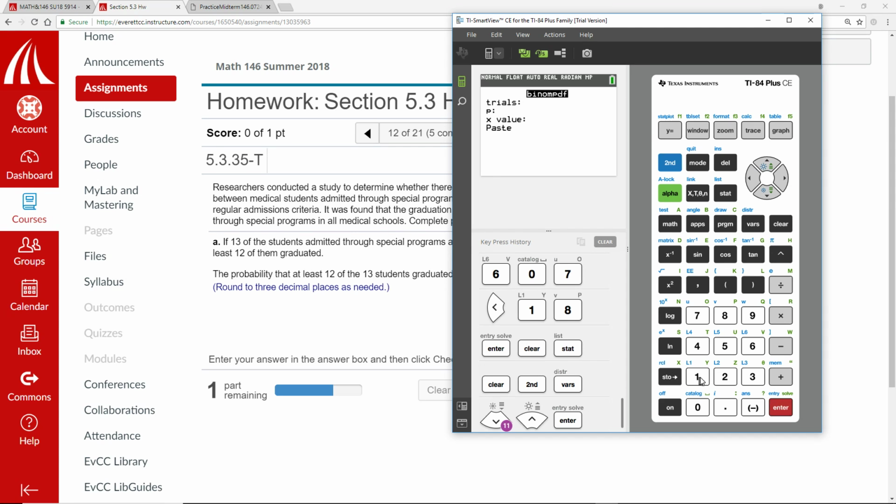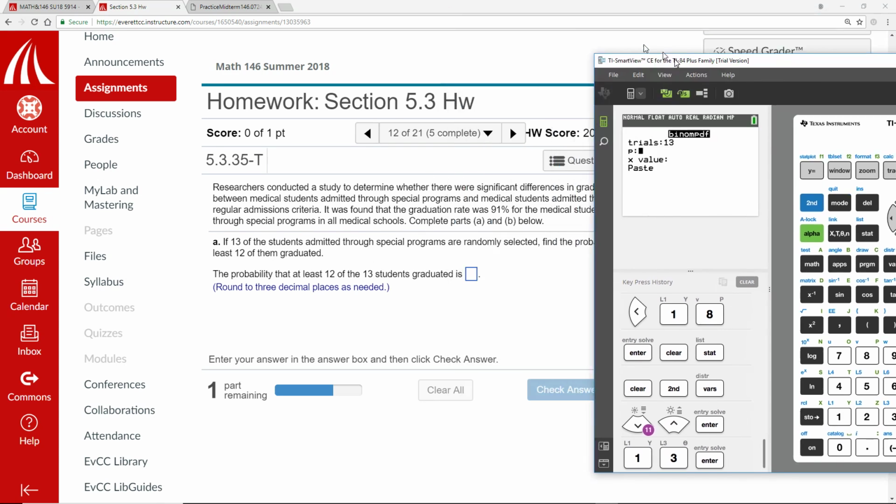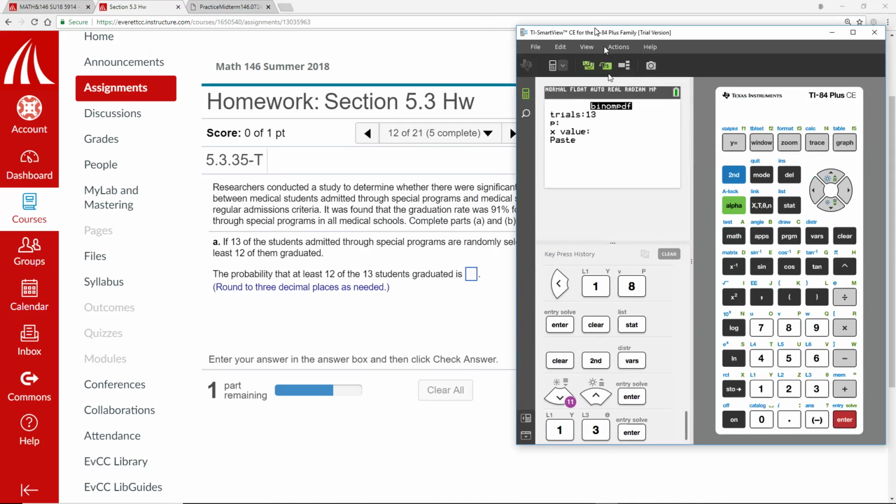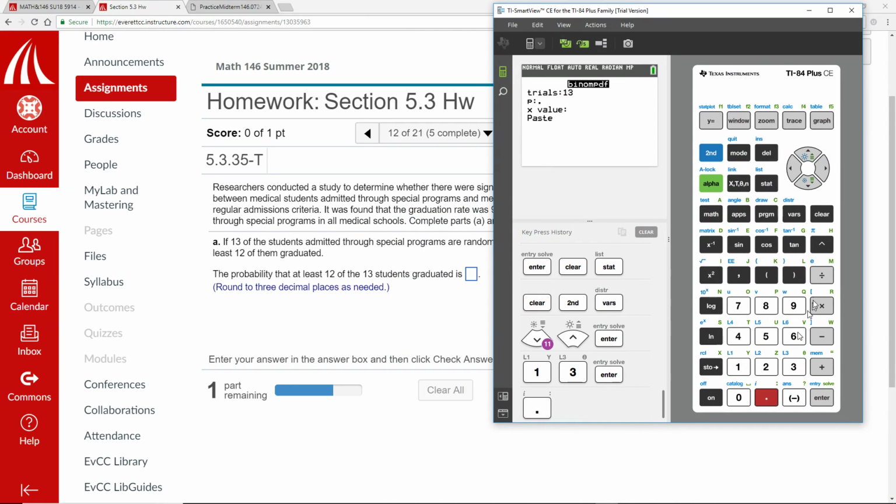My trials is 13. My probability of success with graduation rate 91%, so you have to put in 0.91. And my X value,